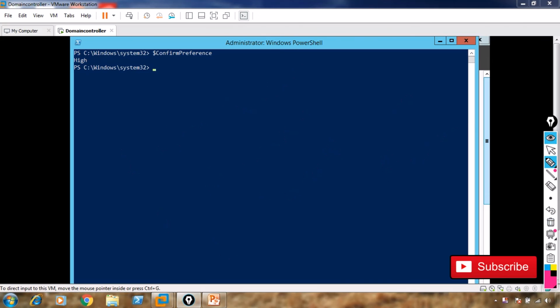So which means when I keep the confirm preference to high, it says that only when I execute a commandlet or a function or a script which has high risk appetite, only prompt me for confirmation for those. If I'm running normal low risk appetite commands, don't ask me for confirmation. So now if I go ahead and change this confirm preference to, for example, something low,